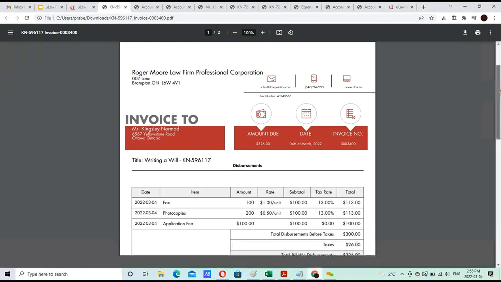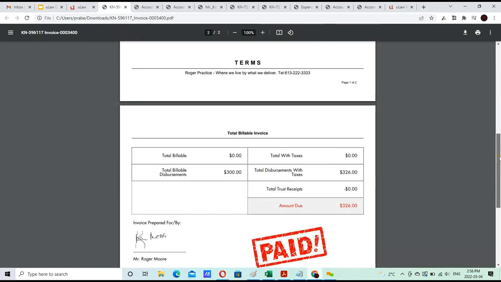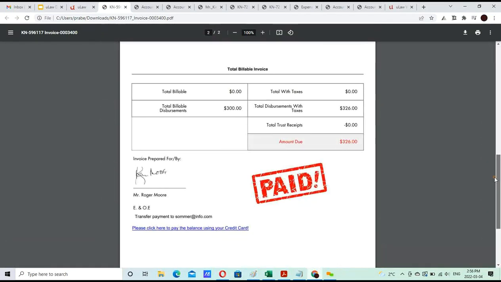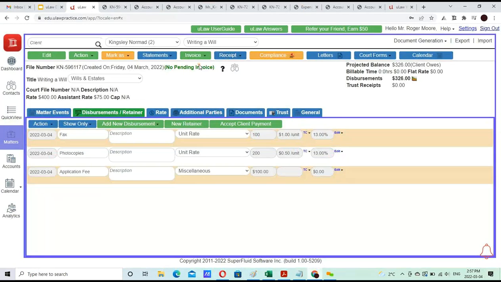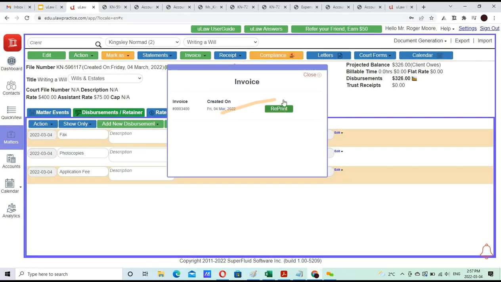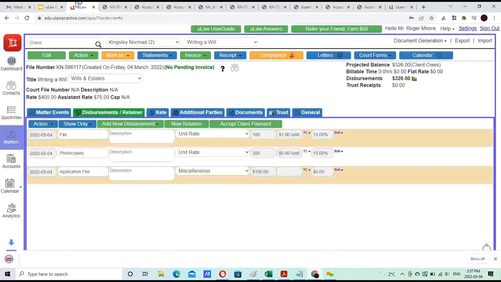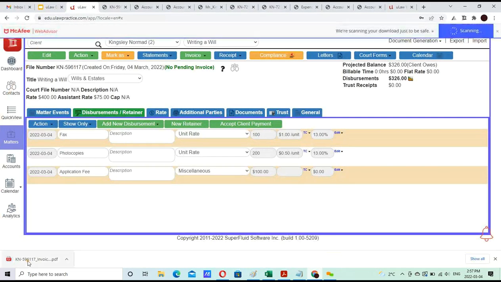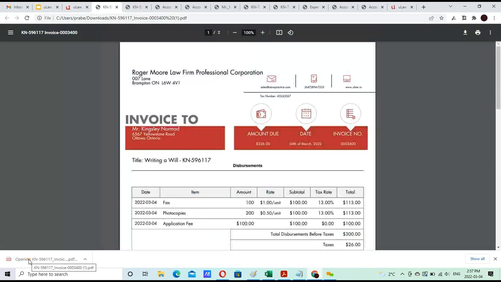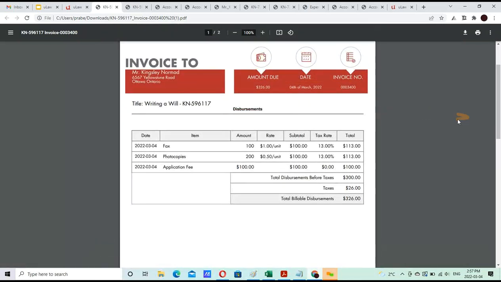Okay, here are the three different disbursements paid out of general. There's nothing in trust, and I shouldn't have done paid. That's a bad mistake. Because as part of the settings, it gets copied over. Let's reprint. Okay, there it is. The amount due,